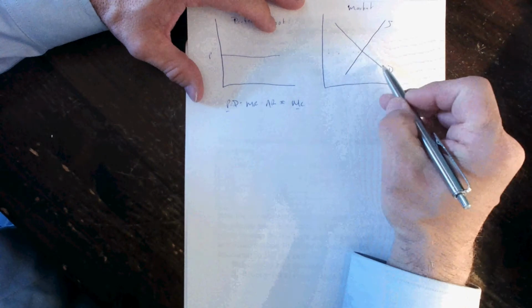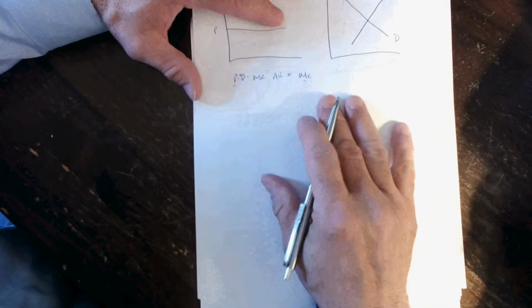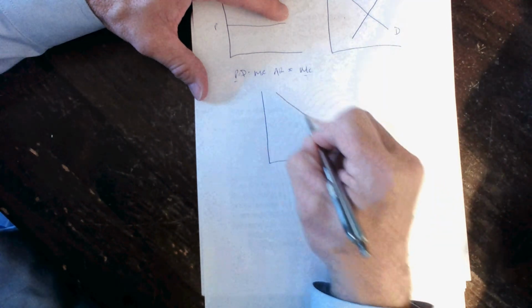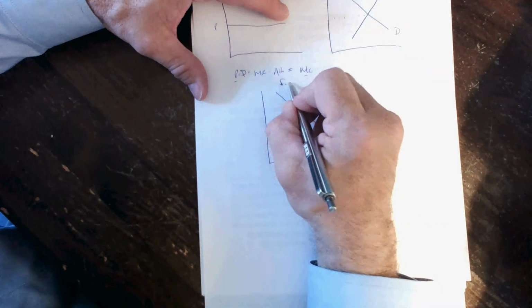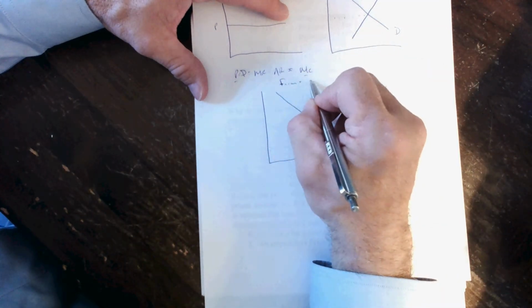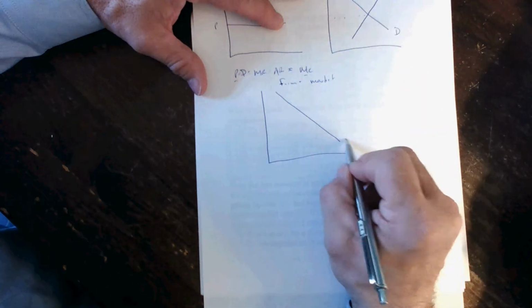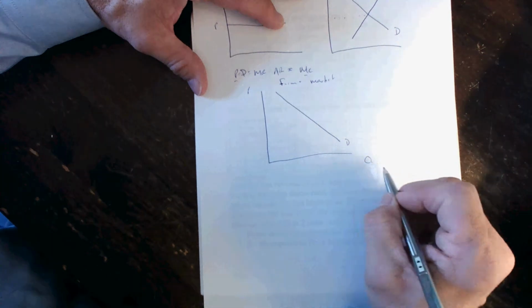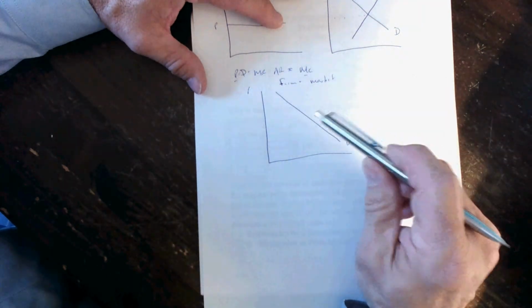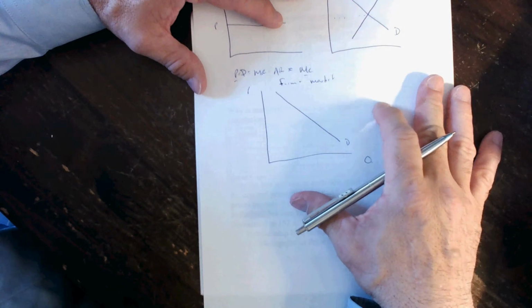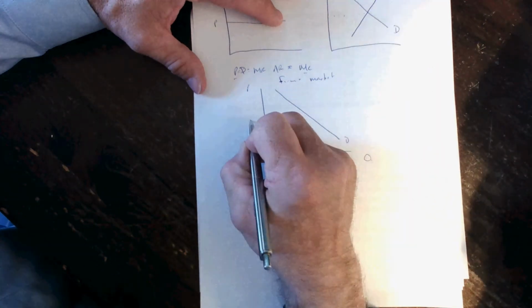Now, if a monopolist wants to sell more, he's got to lower his price. So let's do a monopolist curve. Now this is both the firm and the market or industry. This is the monopolist. Because the monopolist is the only company in the industry, he sees the negative sloping demand curve of the market. In order to sell more, he has to lower his price.